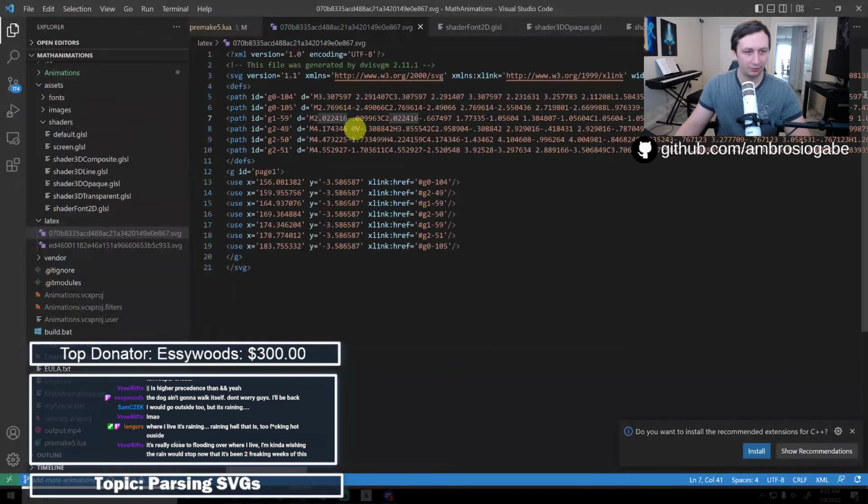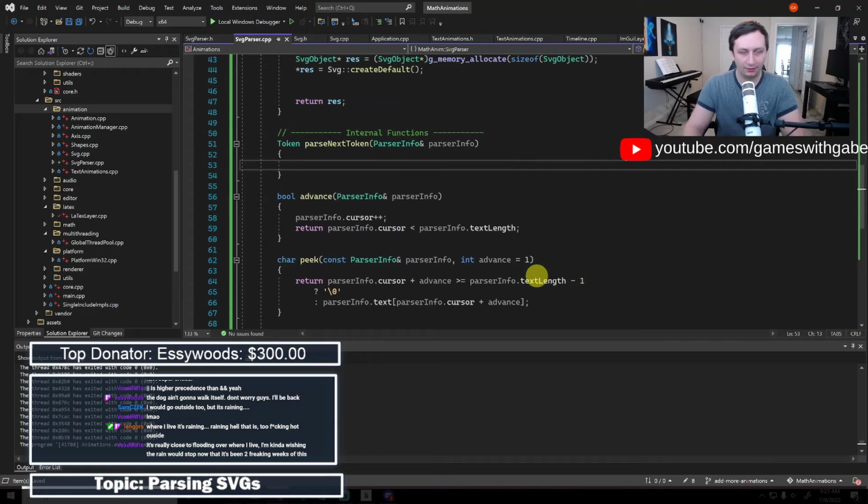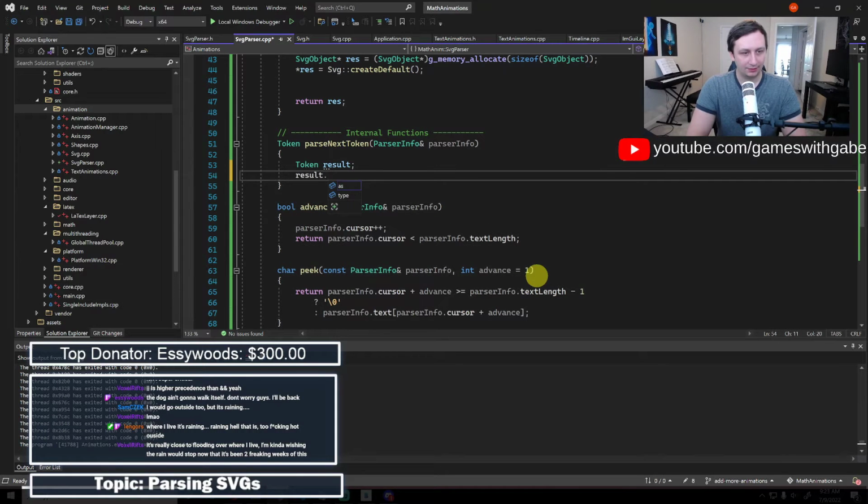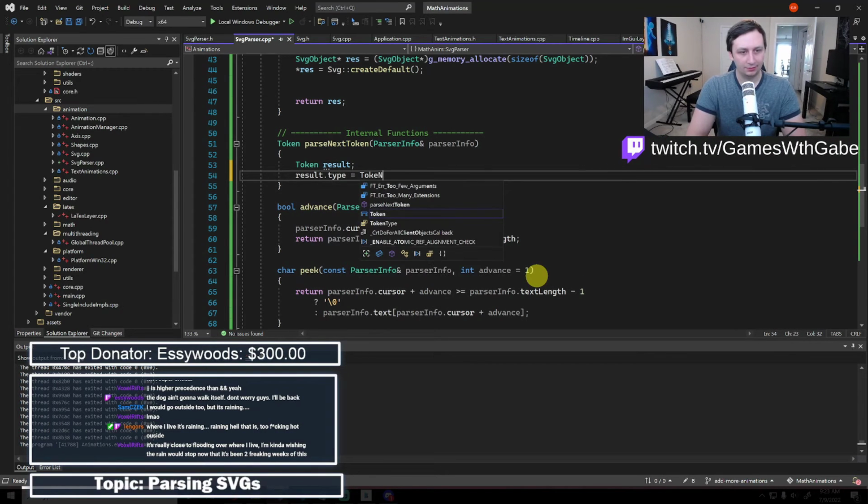Now we just want to go through, so it's either going to be a letter, which is a command. So we will call this token result dot type equals token type error.